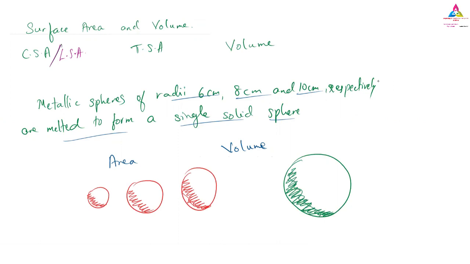So here the thing is, they are melting it. When they melt, the volumes combine together. The volume of the first small sphere, the volume of the second sphere, and the volume of the third sphere have joined together and made a big volume of a sphere. One more big sphere we have made. So it is a volume because it is melted and they have rejoined it and made one bigger sphere. So volumes we are talking about. Okay, so you have understood, I think. Any doubt? No, sir.